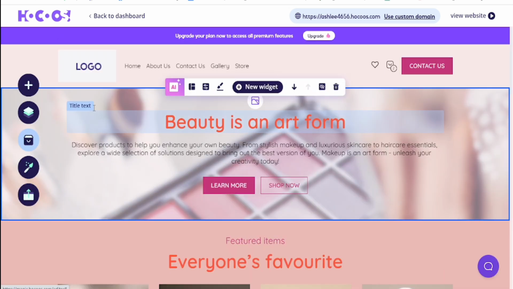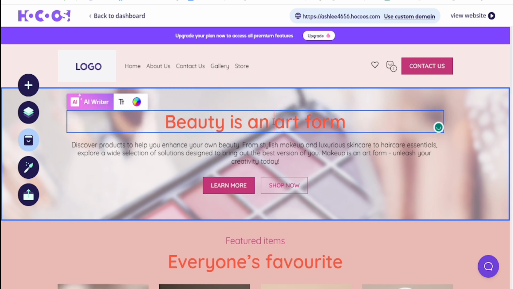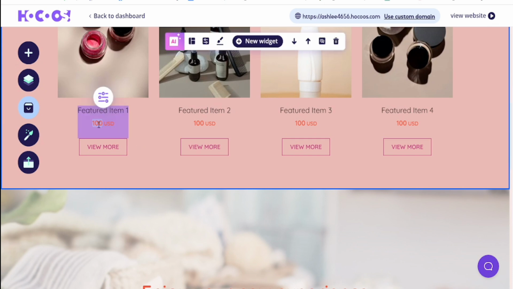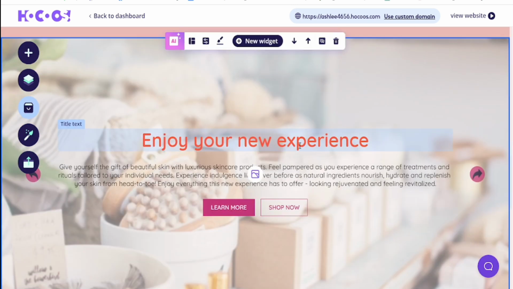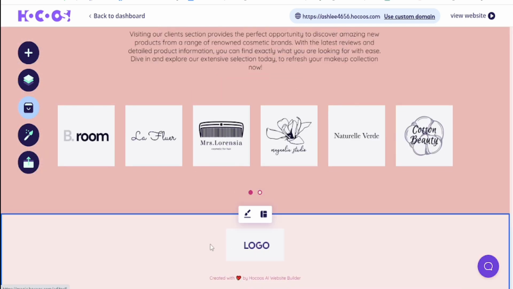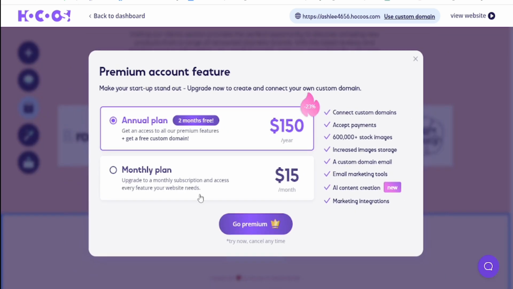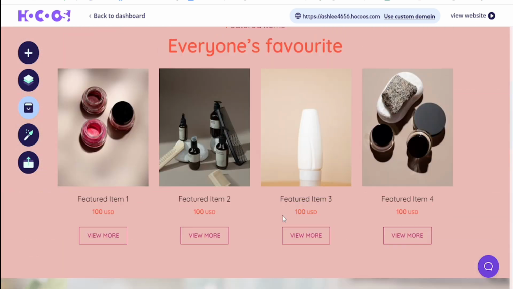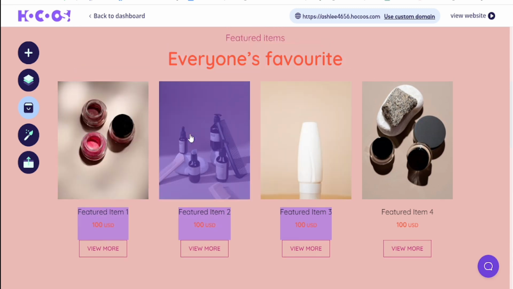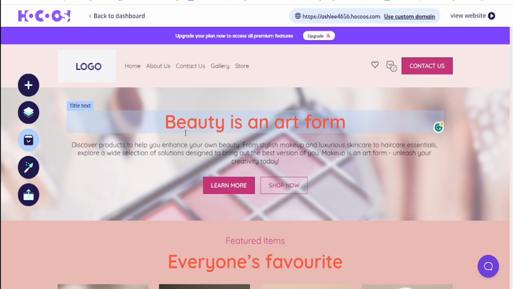Just put your logo here. Then if you want to change this font, just click here. Anything can change. I am able to change $100. If I change it to $50, then select view more and add your other page here. Everything is customizable. And put your logo. Then get this icon, and everything is customizable. So I don't need to customize because this is an example website I created for you. Now click here to view